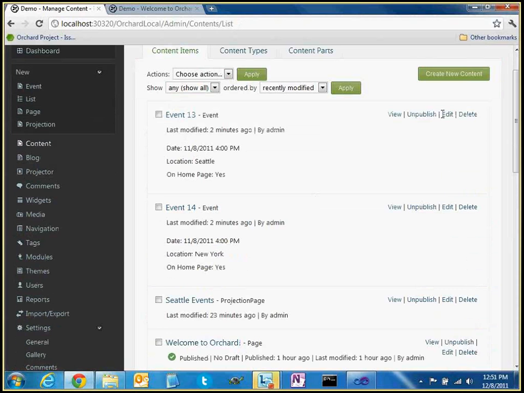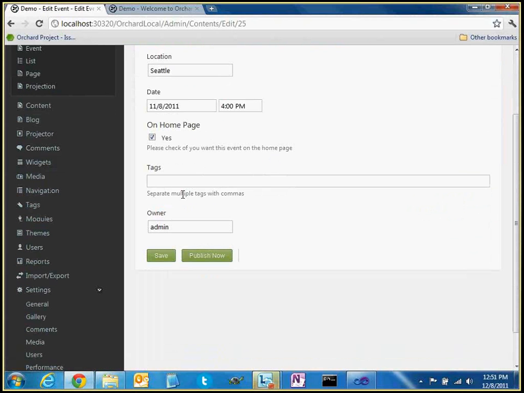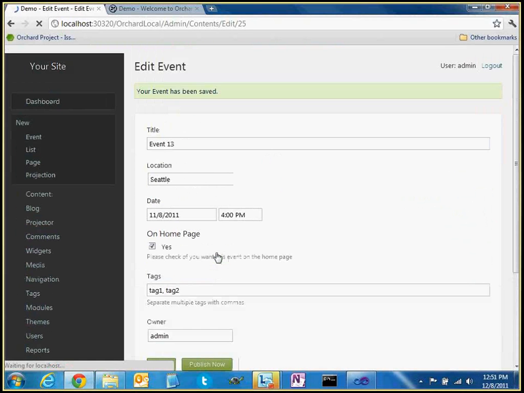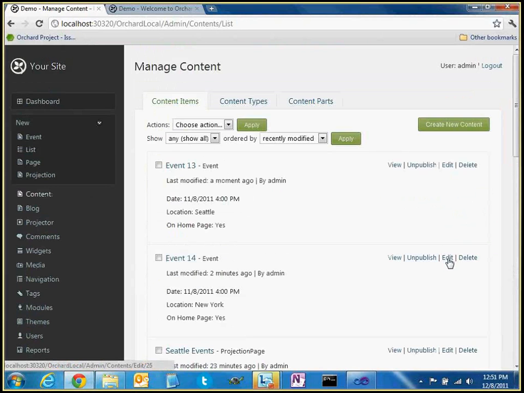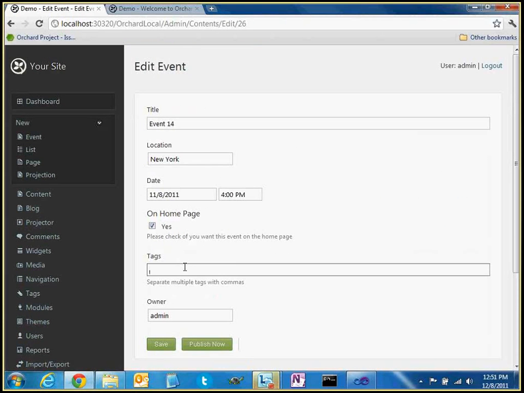So again, edit, and you see tags. So tag 1, tag 2, publish, and on some other one I say tag 2, tag 3,